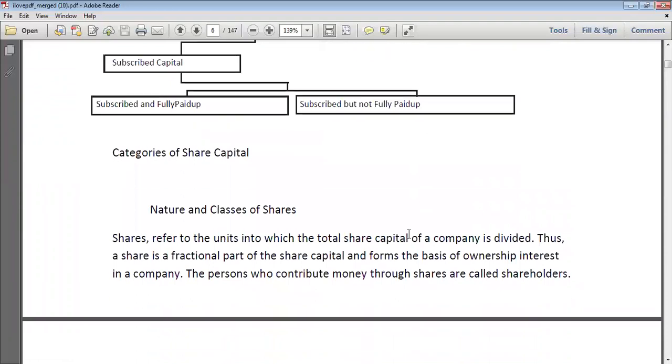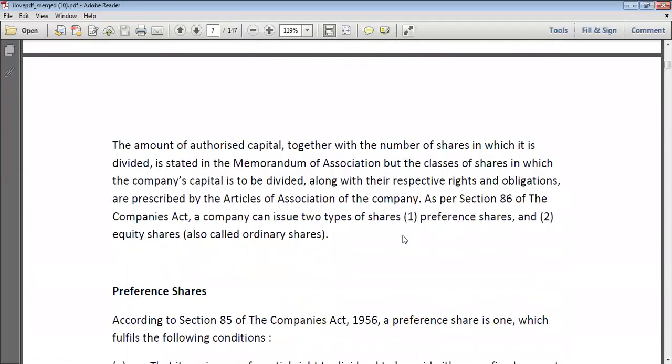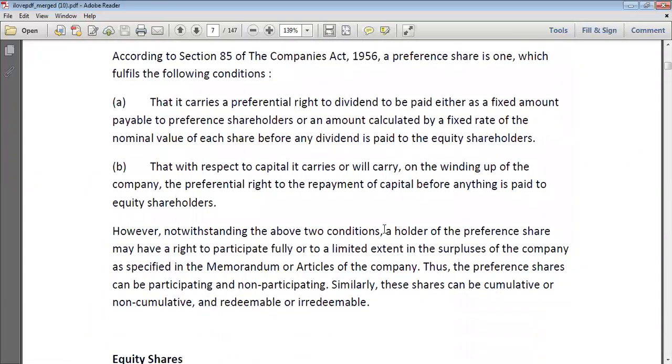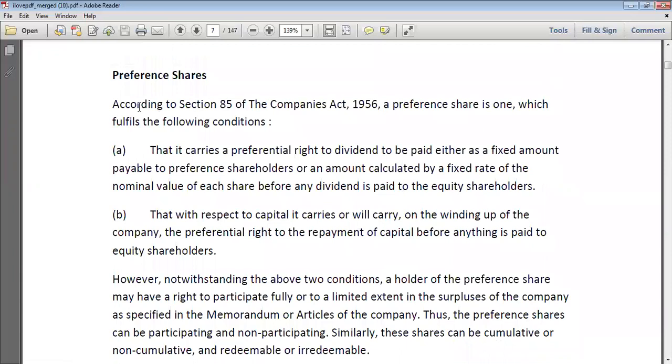Now let's talk about types of shares. There are two types of shares: preference shares and equity shares. What do you understand by preference shares? According to Section 85 of the Companies Act 1956, a preference share is one which fulfills the following conditions. What is the first condition? That it carries a preferential right to dividend to be paid either at a fixed amount or on an amount calculated at a fixed rate of the nominal value of each share, before any dividend is paid to the